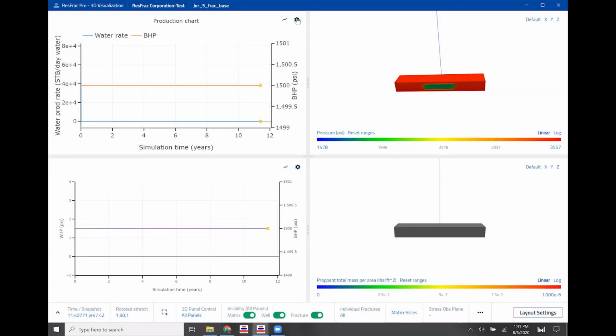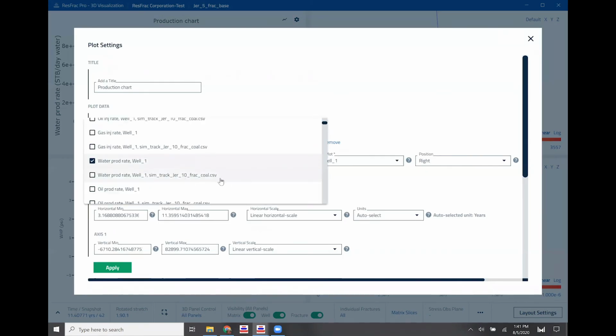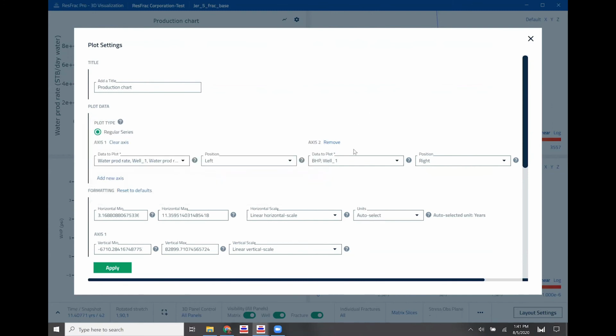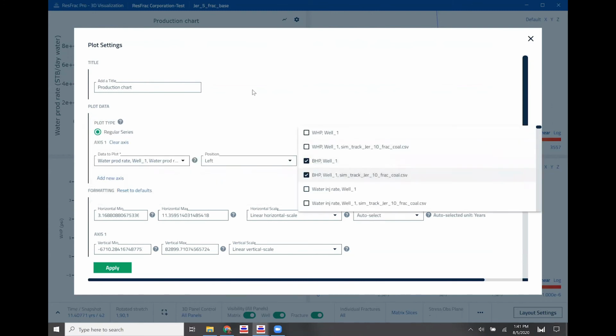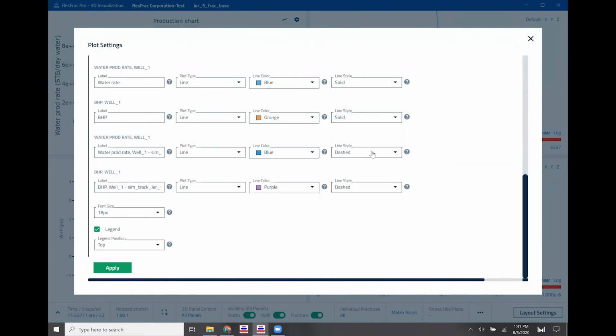And now if I come to my gear icon, select, now you can see I have additional data sets. So now I could include the water production rate from my alternative or additional data set, as well as the bottom hole pressure. By default, the UI will default those new trends to dashed lines so that we can distinguish. And to keep my color scale consistent, I'll choose orange for my bottom hole pressure on my imported data set.